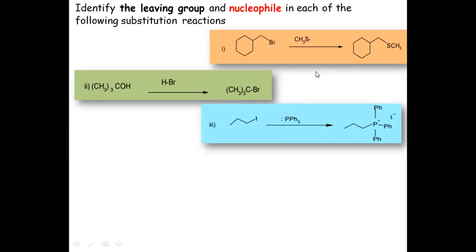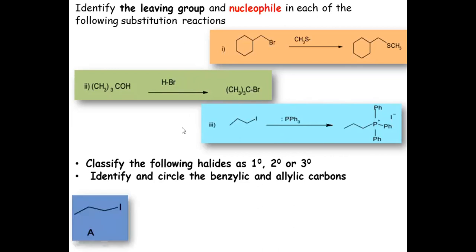So I want an answer from you. I take another reaction. Observe the reaction where reactants and products, you'll find that one atom or group of atoms is replaced by some other atom or group of atoms. The one which is replaced is a leaving group, and the one which is replacing is a nucleophile. So try to find out the nucleophile and the leaving group.